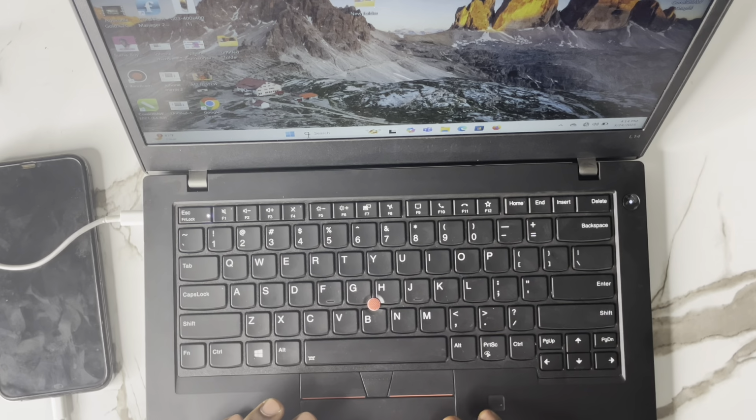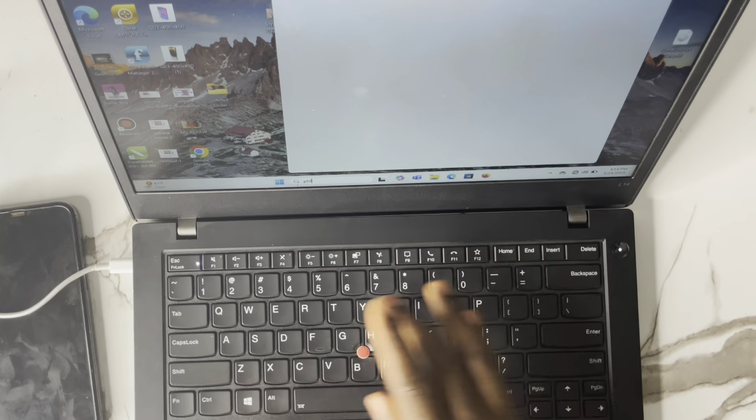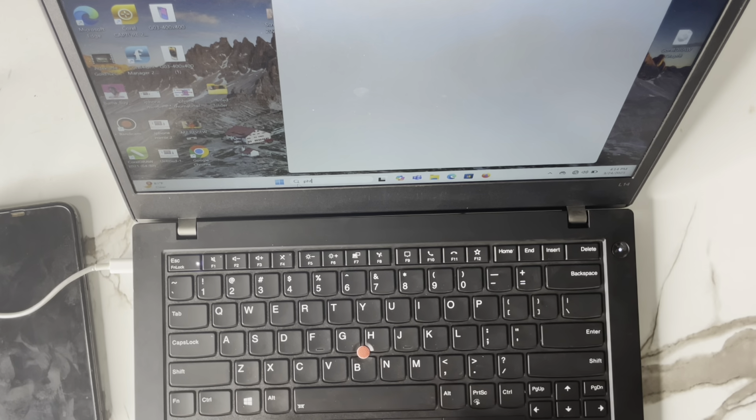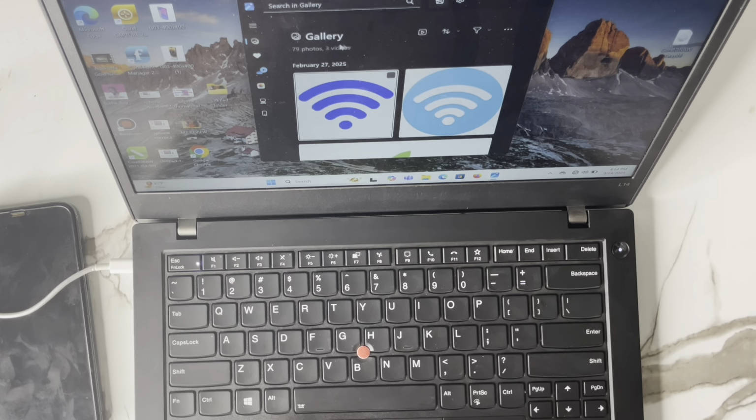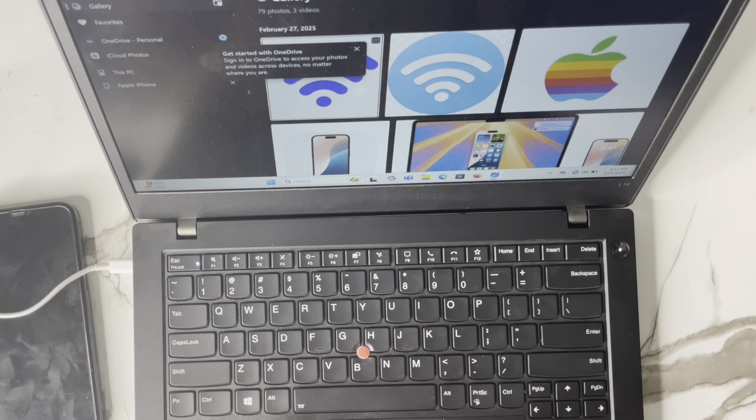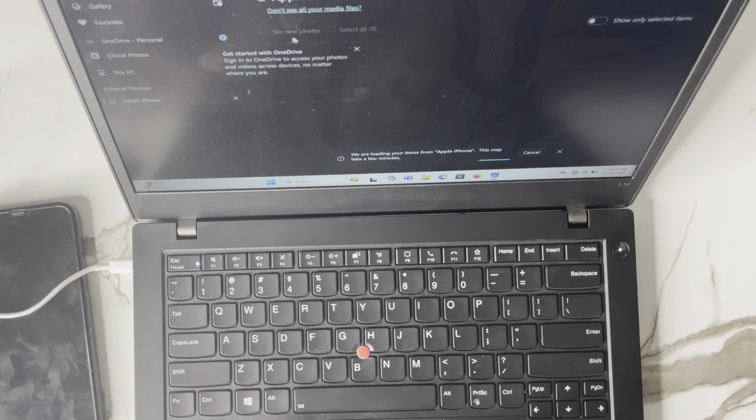Instead, you come to this search button and type photos, or you just come to this place and click on photos. When you click on photos, you'll be seeing this. Let me open it well so you can see. You can see this is your PC, this is your iPhone. When you click on your iPhone,